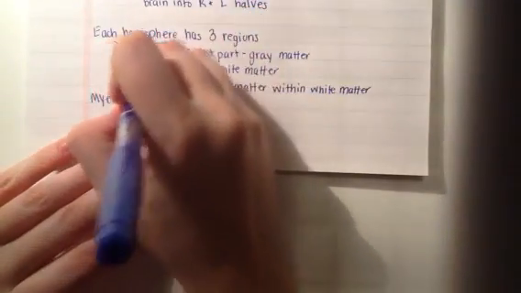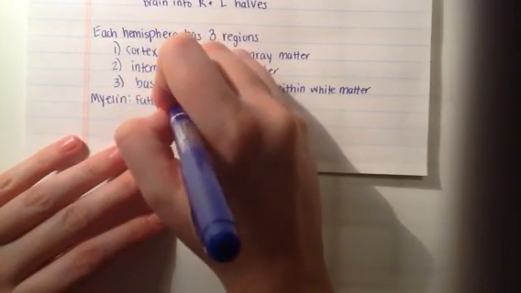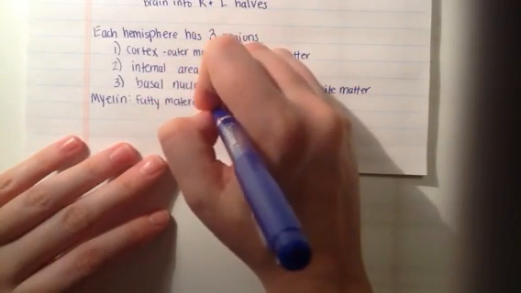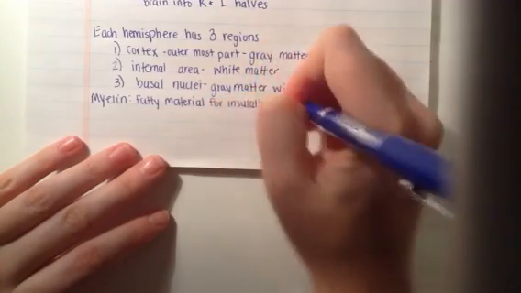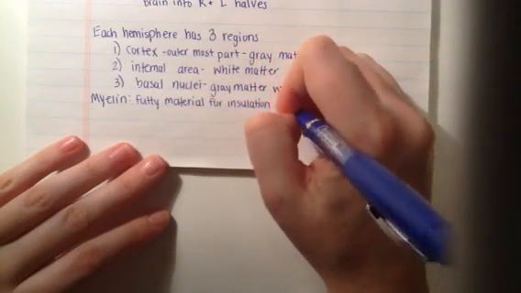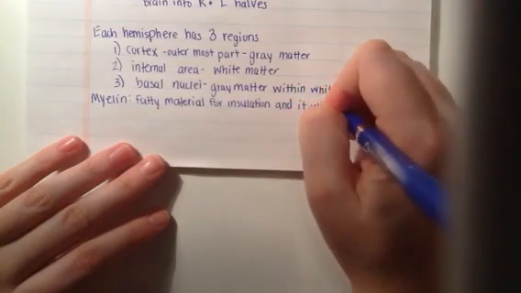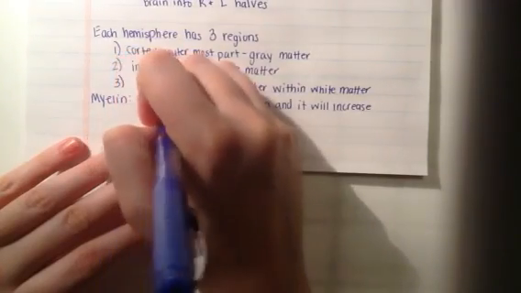But myelin is a fatty tissue or fatty material in the nervous system that is used for insulation and it will increase the speed